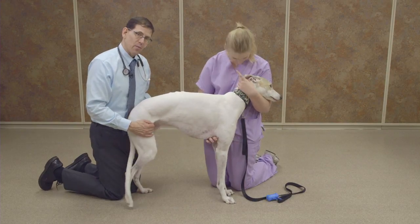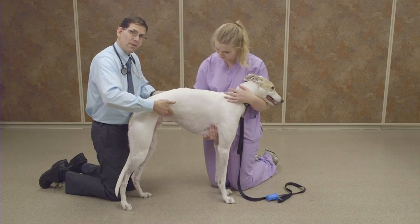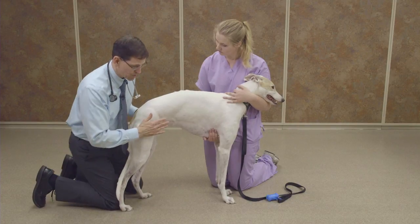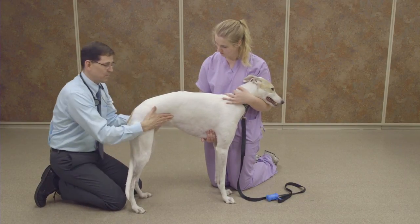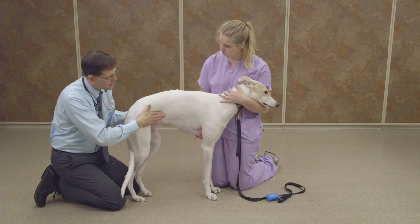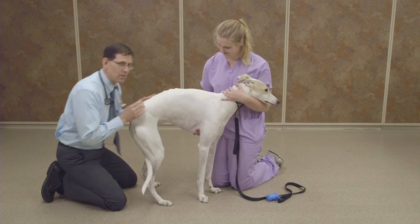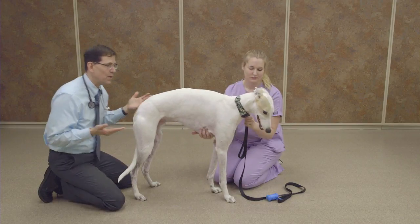Now, there are plenty of other ways that people palpate. There's some people who palpate from the bottom up, like this, waiting for things to fall through their fingers. There's some people who do sort of halfway what I'm talking about, where they get underneath them. They kind of get behind them and palpate with their hands pointed in a cranial to caudal direction. And you can do that. He can sit for a second. You can do that and there's times where you might want to do that, but you're much less likely to be able to feel things,